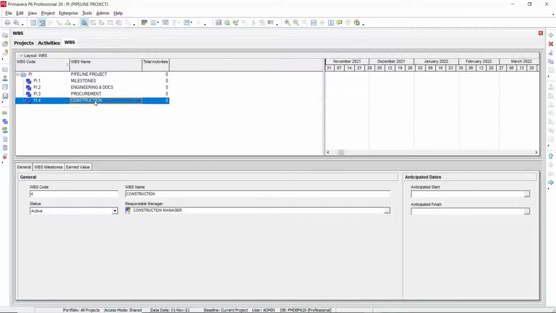Under construction, now you are going to add the gas pipeline installation. Add. You are going to add the gas pipeline installation under the construction. This is the next level of WBS under the construction WBS.